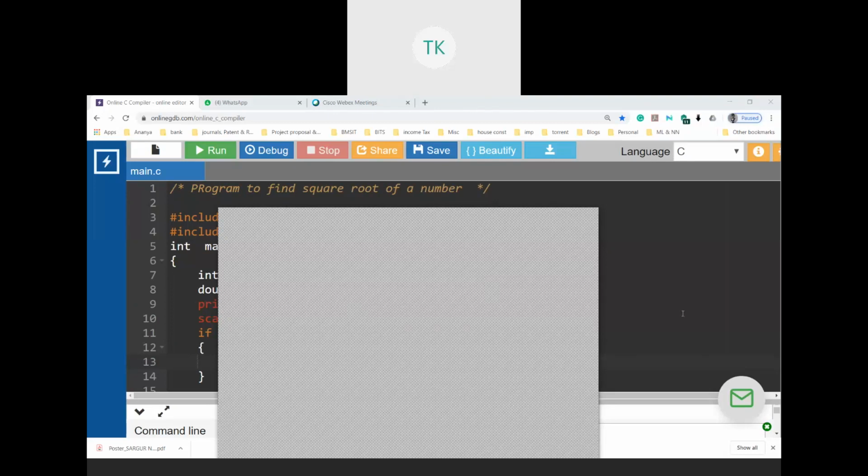I'm not talking about the inbuilt function in C. We have still not discussed that, so let's not discuss that inbuilt function. I want you to tell me how you would find out the square root of a given number mathematically. Okay, now tell me, how much is the square root of 25?